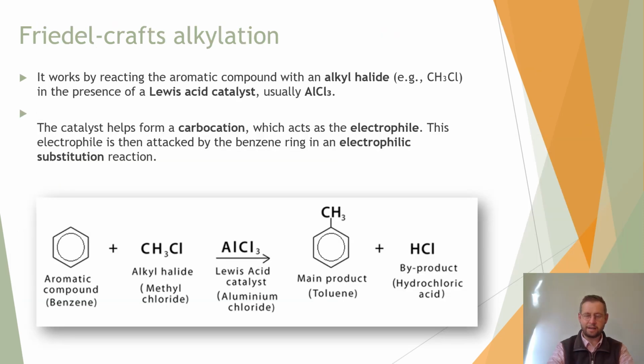So let's remind ourselves about Friedel-Crafts alkylation. This is where we're trying to add a CH3 group onto our benzene ring. We do this with a Lewis acid catalyst, like aluminium chloride, AlCl3. When this gets near something like methyl chloride, it steals the chlorine. The Cl- ion comes off the alkyl halide, and we get AlCl4-,